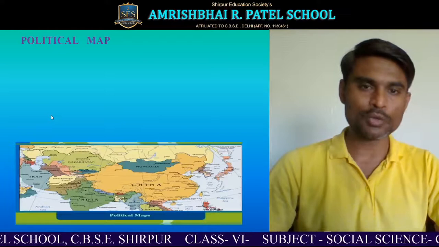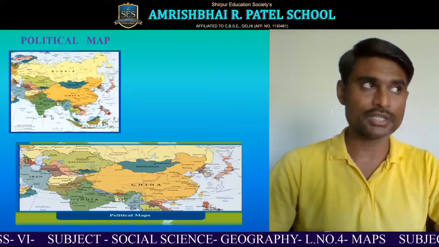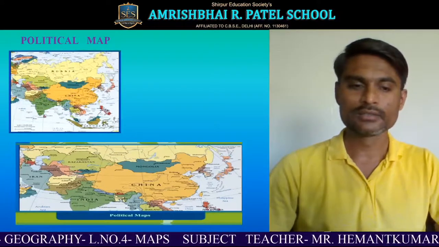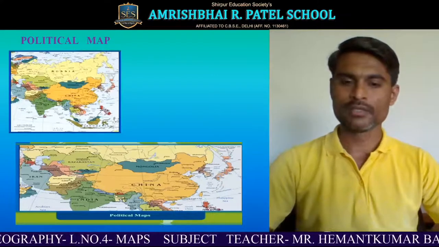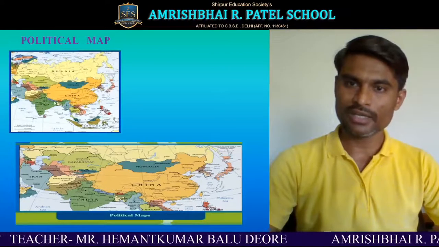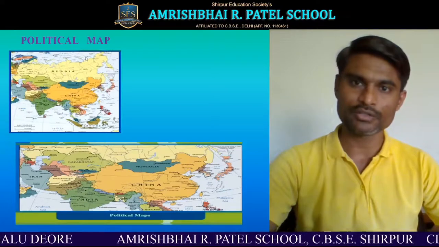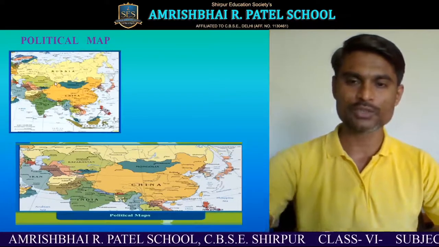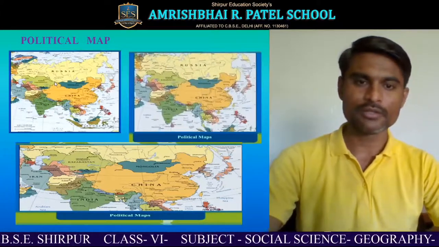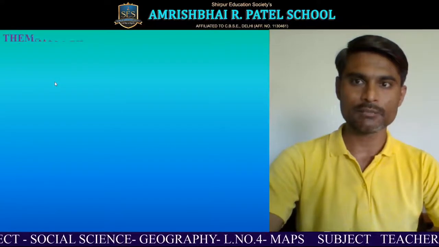Now, as I have told you, a political map shows the boundaries of cities, districts, talukas, villages, states and all other things. Here a map is given to you. This is a political map. See, the boundaries are completely here. Russia, China, India, these are the boundaries in different colors. That's why it has political boundaries and is known as a political map. I have given you three images in different shapes so that you can understand the physical and political map properly.